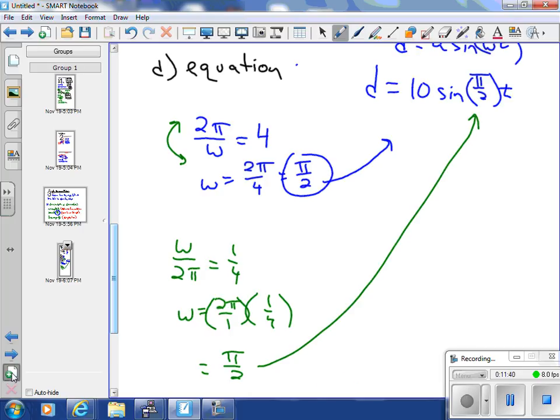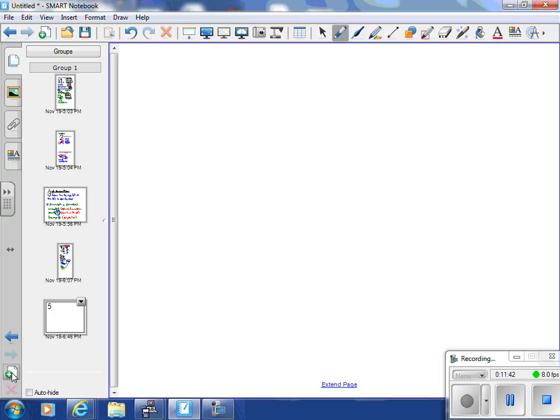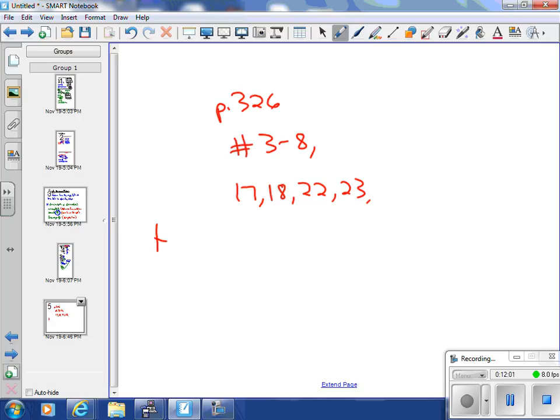I'm going to give you guys some problems here to do on page 326. On page 326, I want you to do numbers 3 through 8. Do all of those. We'll look at numbers 17 and 18, 22 and 23, and then we'll see some of the harmonic type problems in 55 through 58. Good luck on those. We'll talk